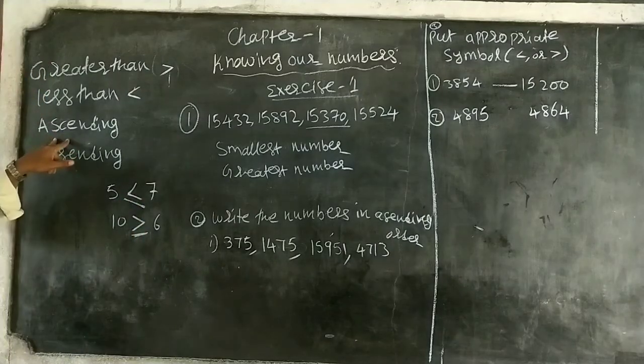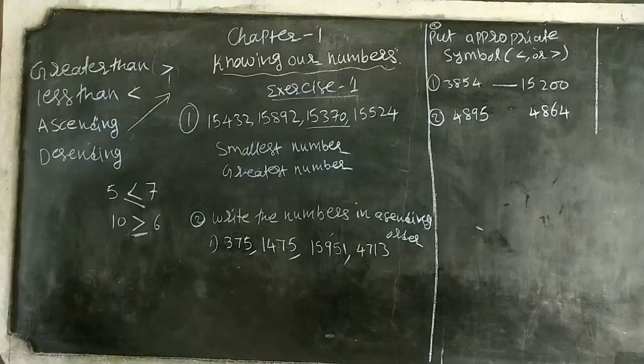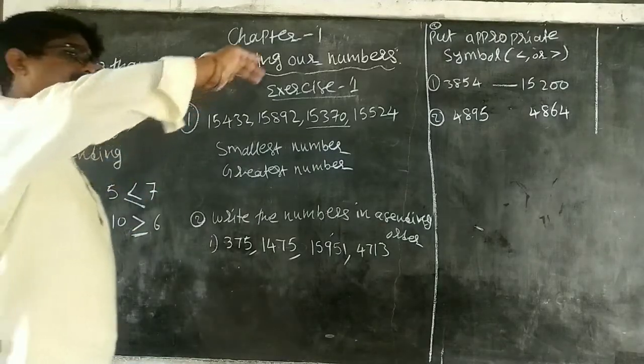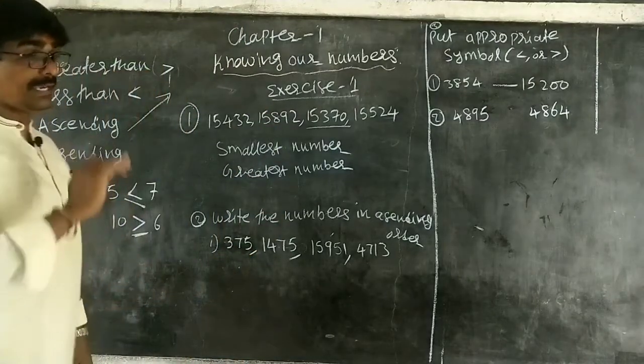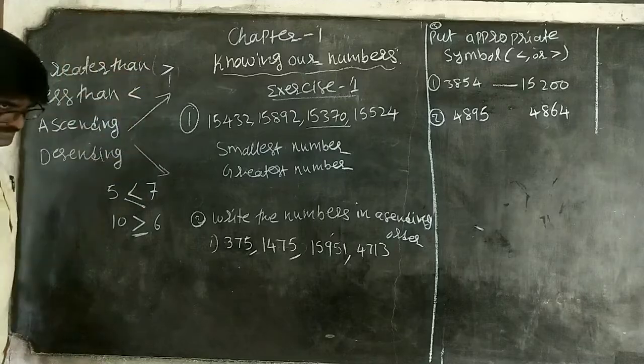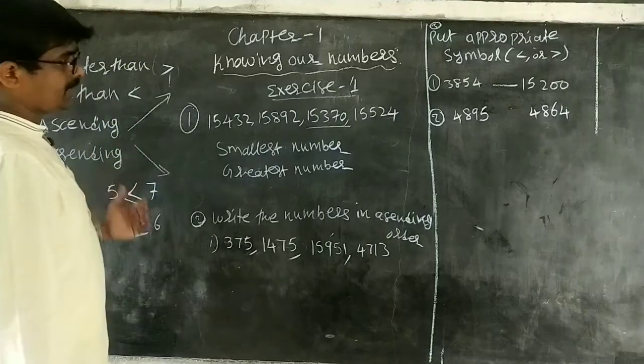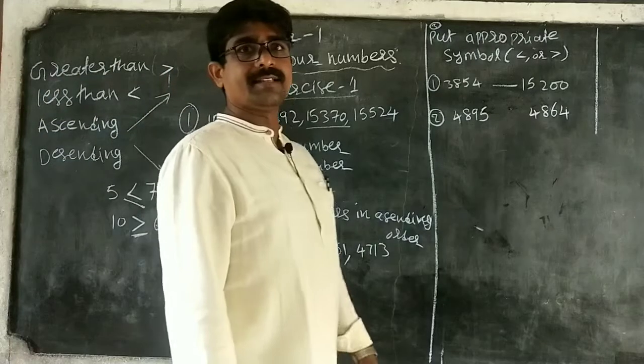Next, ascending order. Ascending order means small to big, how to write small number to big number. Descending means big number to small, decreasing. Okay, that is descending order. Based on this, we are going for exercise